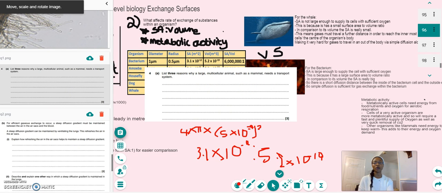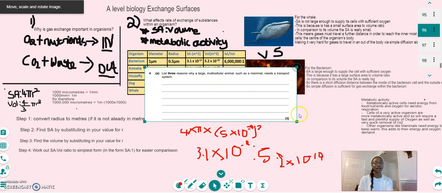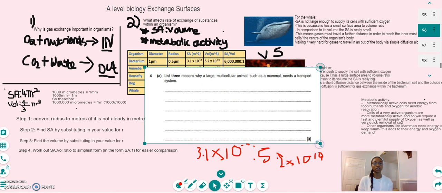But before we do, I'll go through the question with you, and we'll pick out what is important, what the important language is. So first of all, the second word is 3. So we know we need 3 clear points in order to get our full marks. And then again, large multicellular. We've spoken about multicellular in terms of the whale, so we're really looking at the information that we've learned about